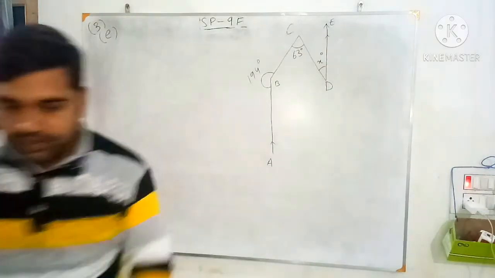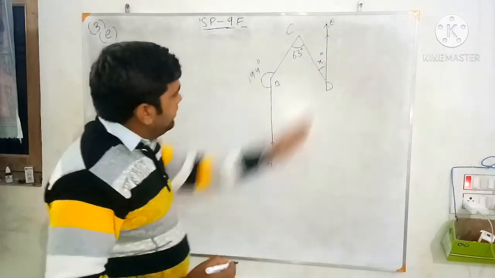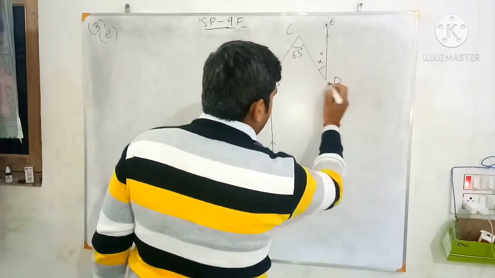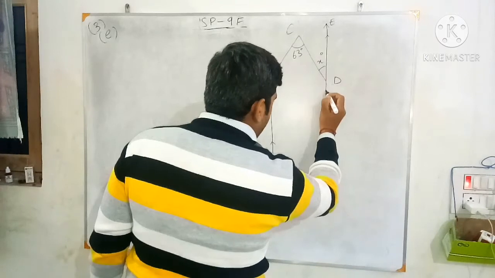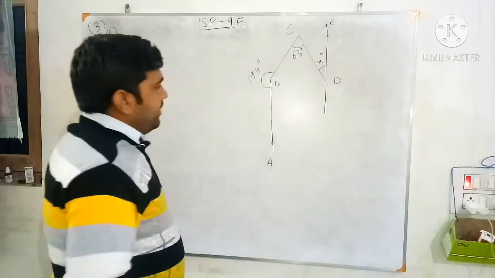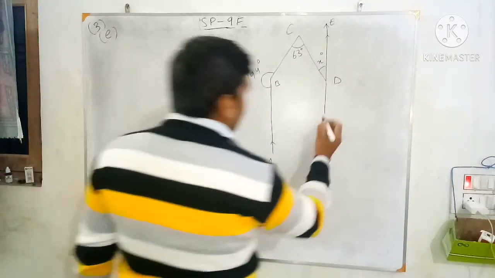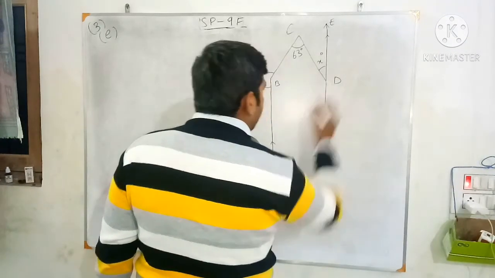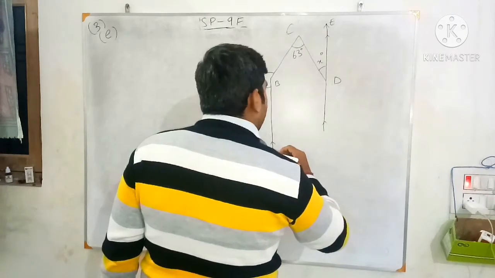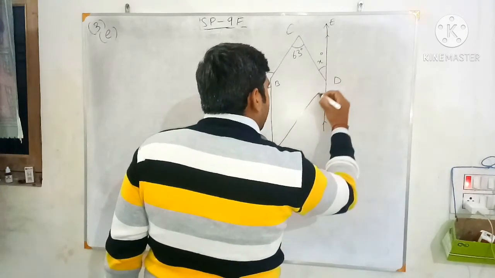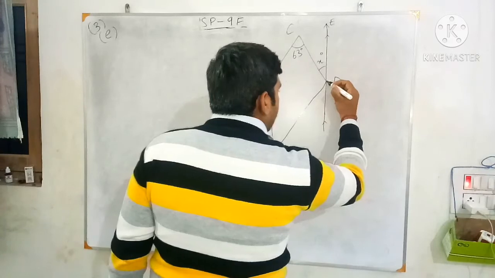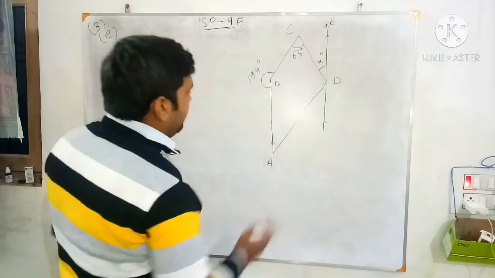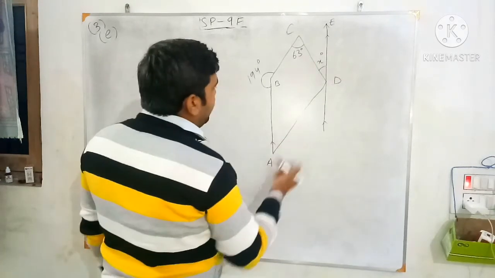Now see, this line is parallel to this line. So let me extend this line. So we can extend this line since this is the parallel. Now join this or make a quadrilateral. Without this you cannot solve it. Now see, this is the parallel, now this is the transversal. And this angle is not given any, so this angle you can calculate.